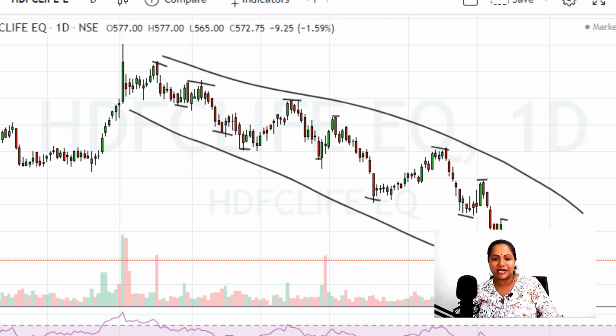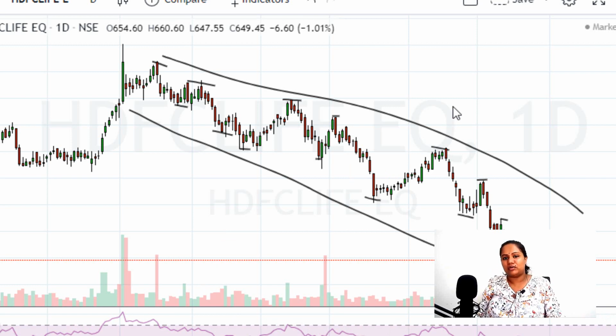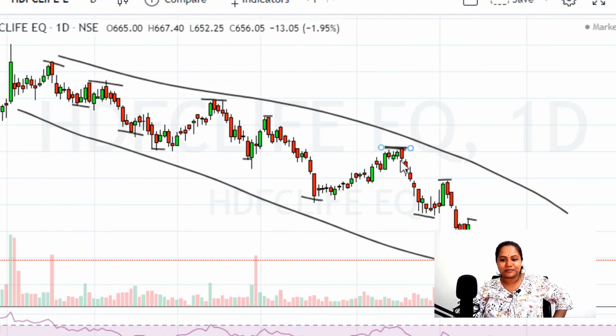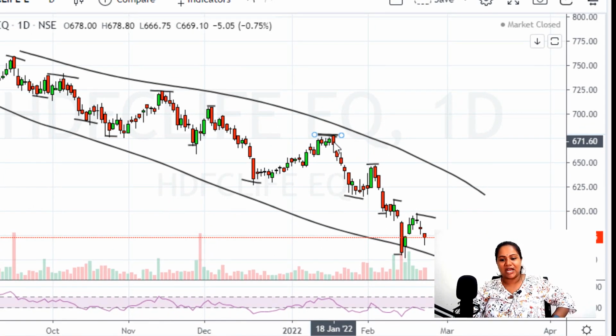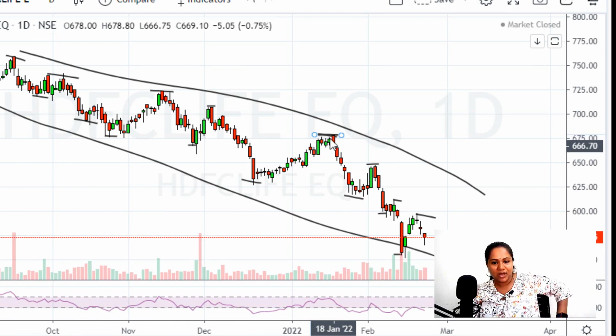It's in a downtrend. Okay, so now what I do is I want to take advantage of the fact that I have this knowledge, right? So I understand that HDFC Life is downtrending. So what I want to do is sell a call option, because I know it will not cross this level. Let's say at this point, on this day, January 18th, I see this